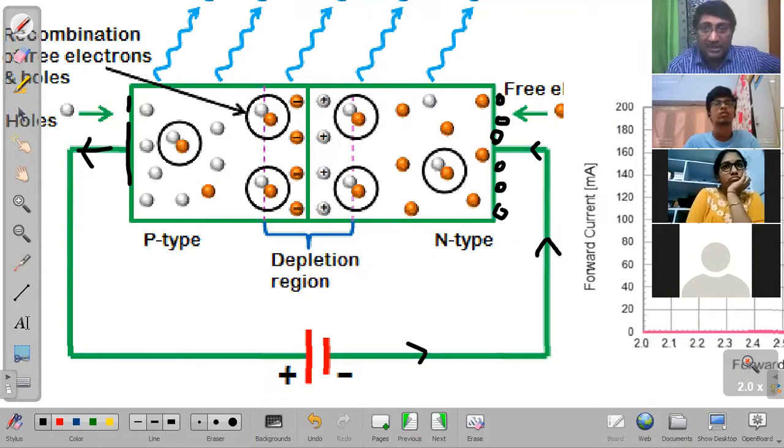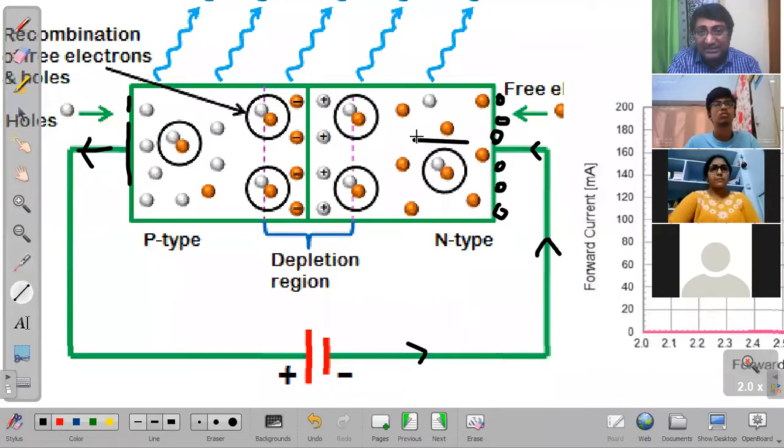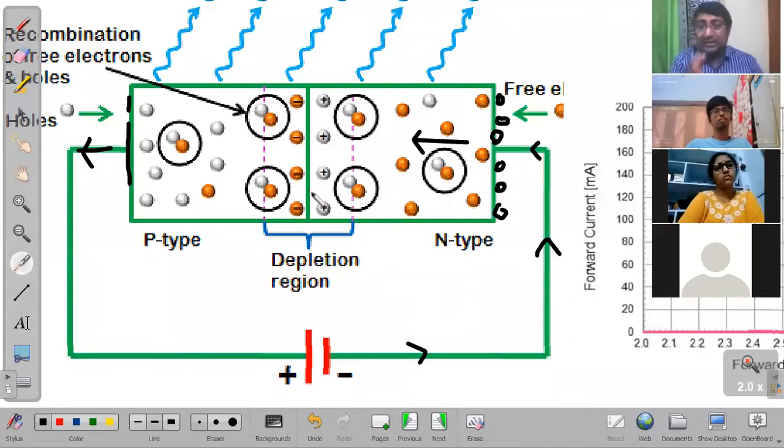Now please observe what happens. When you have a lot of electrons here, you have lots of electrons over here because of the wire. Some of the electrons that are inside, the orange color balls are the electrons, start to move in this fashion, exactly in this direction, because the electrons from the outside are essentially repelling the electrons that are inside. So electrons tend to move towards the center. What happens is initially at this junction or at this barrier, what we call the depletion region.